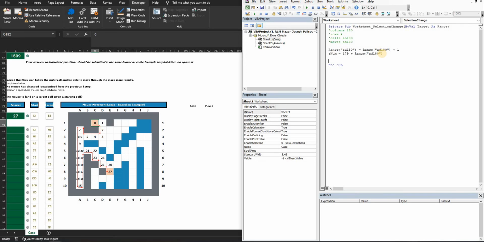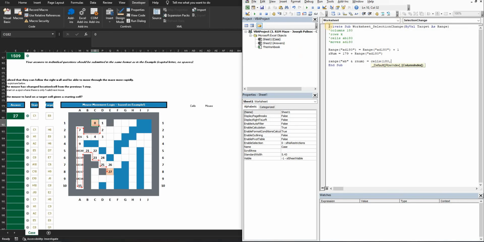And now that we have this, we want to say that range AB and row number equals to the cells line 180, and we want to get the column of the selected